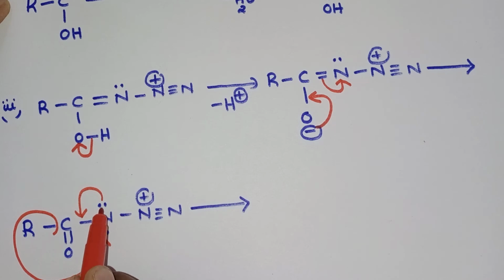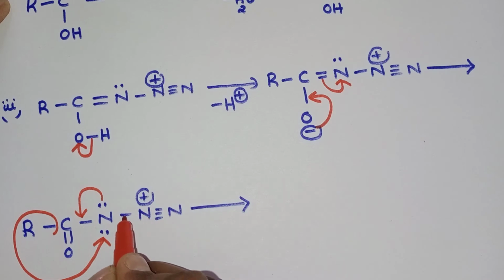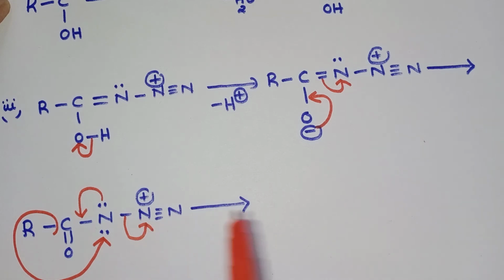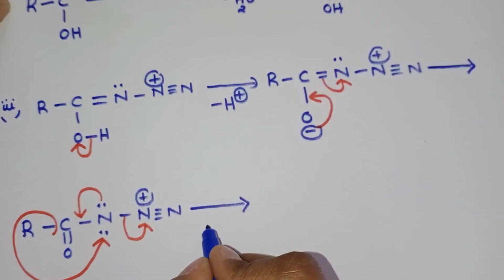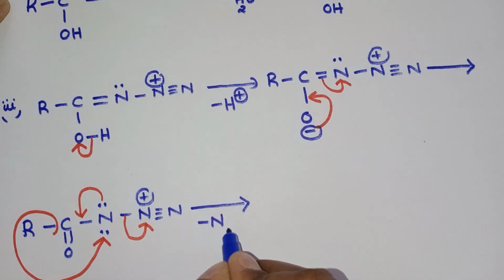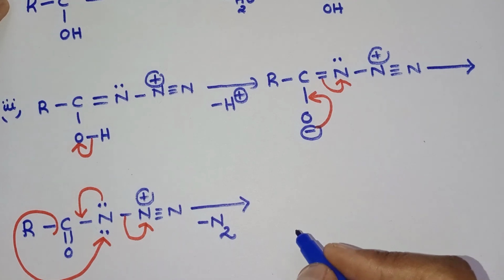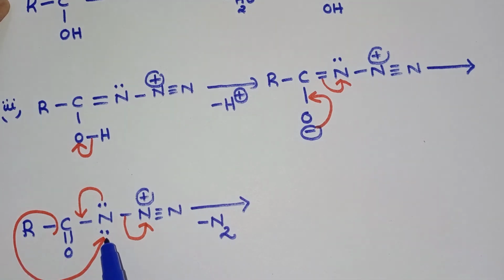So immediately these 2 electrons, I mean this pair, will be shifted this side, and this bond will be taken up by nitrogen. Fine. So what comes out? It comes out as nitrogen gas, minus N2, you write down here. Okay, so next what happens after this? What is forming? R is coming to nitrogen, right?